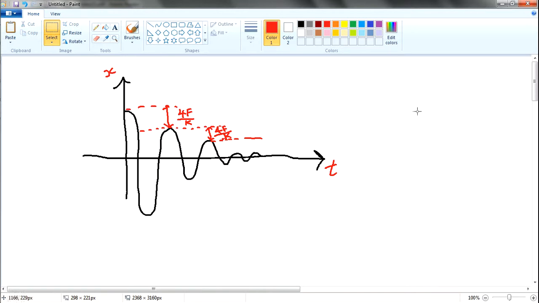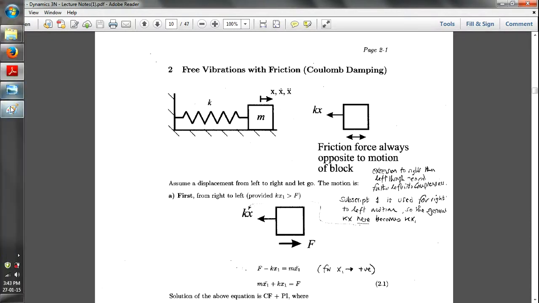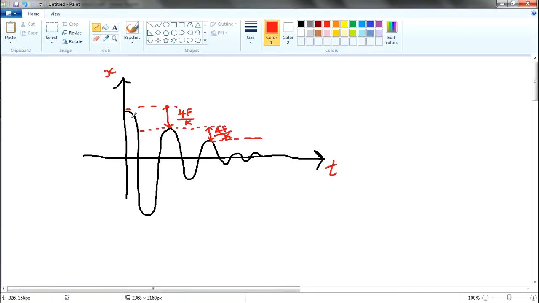However, the graph itself is also plotted in terms of time and x. So the graph's x and y axes are the same, just that now we are talking about a different x. So we're talking about this x. And then we're actually deriving an equation for 4f over k, where this 4f over k is